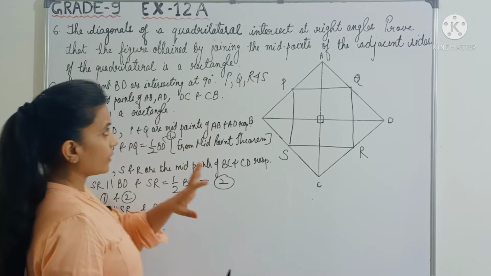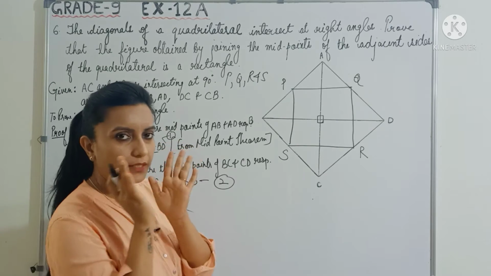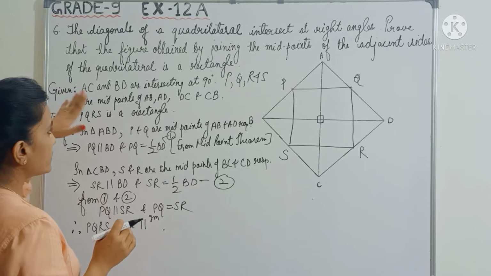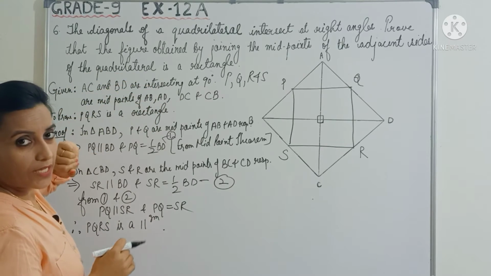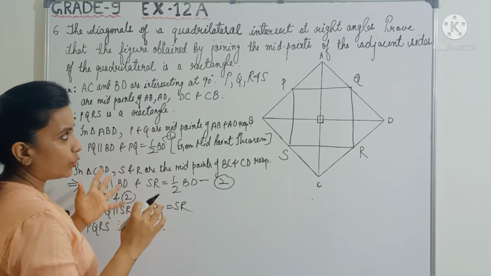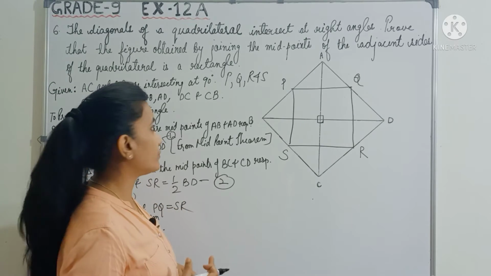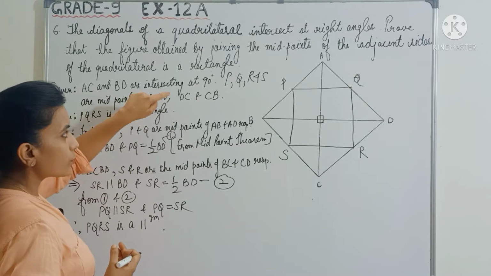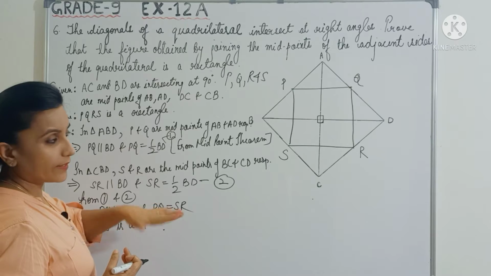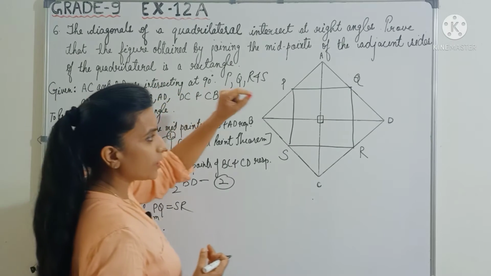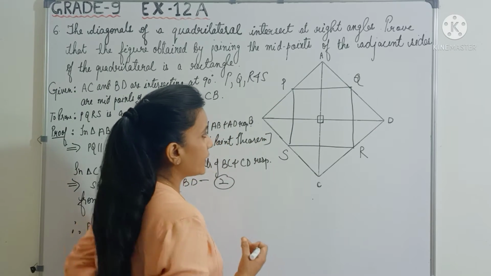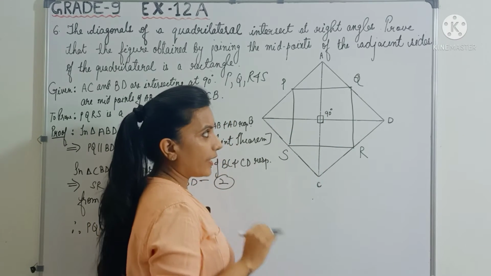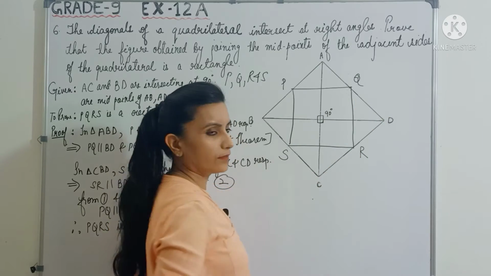So whenever you don't get any direction like how to think, just go back to the given. What is given? From there you will get the hint and you will understand how to think, how to prove. So here it says that AC and BD are intersecting at 90 degrees. So this we have not used anywhere till now, right? It means that we have to use this concept to get the answer, right? So here this is 90 degrees, right? And I have to show that this is also 90, correct?